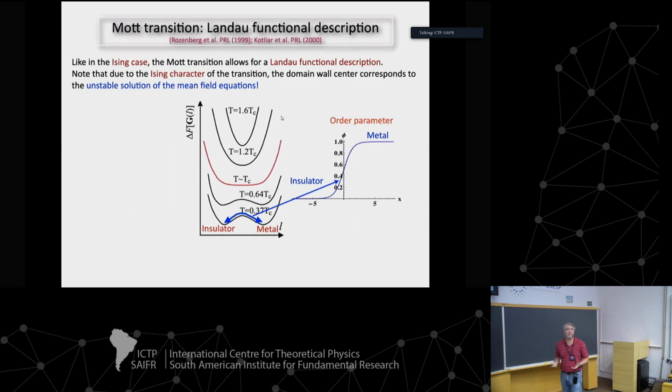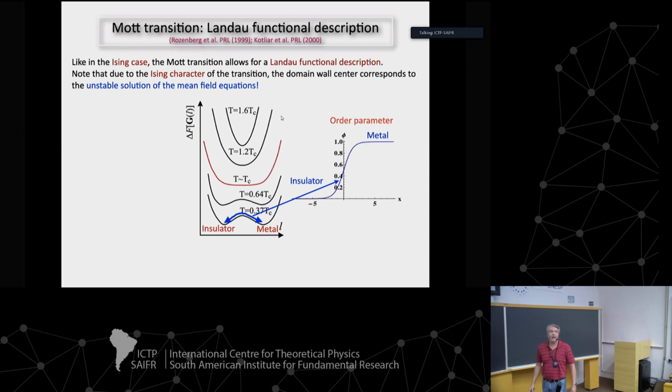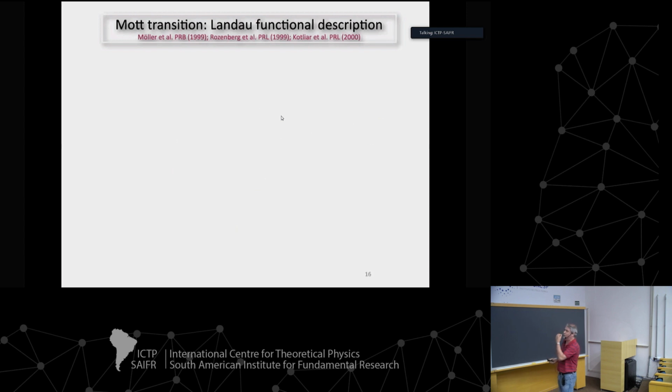And of course, you expect the same kind of behavior for the metal insulator transition because it's the same kind of order parameter and there is universality, you expect the same thing to happen. So if you go, as in the description I was showing before, from the metal on one side to the insulator on the other side, you have to pass through the maximum of the Landau functional, and that should be at the center of the domain wall. The question is, can we focus on this point here, try to describe more precisely what's going on there, and learn a little bit about the fermionic behavior in that region? So that's what I'm going to show you in the last few slides.